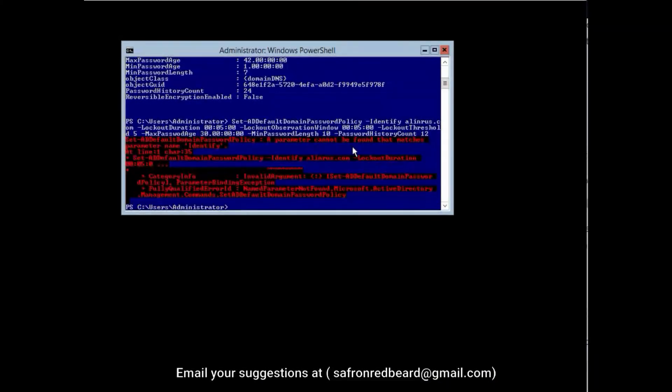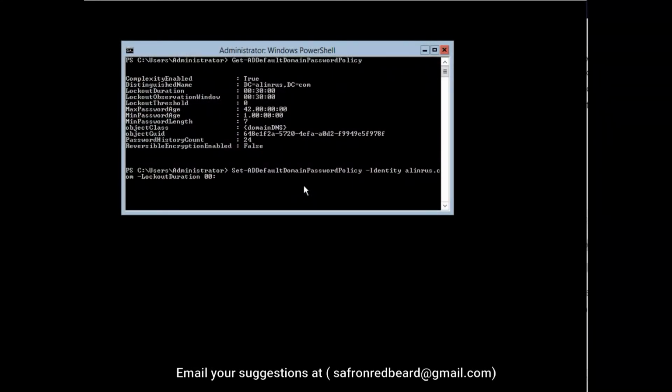We enter and we got an error. Let's see. Okay, now let's try again. I have been making a mistake. So we set default domain password policy, identity is allenrus.com, and lockout duration, say we give it 5 minutes, and then we have lockout, we leave the observation, we don't observe it. Okay, yes, observation window, we need it. Lockout observation window, we give it 5 minutes,